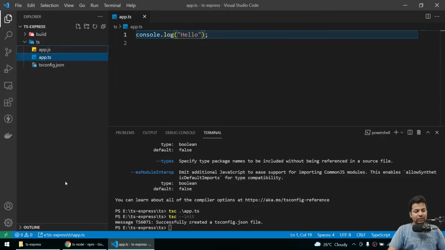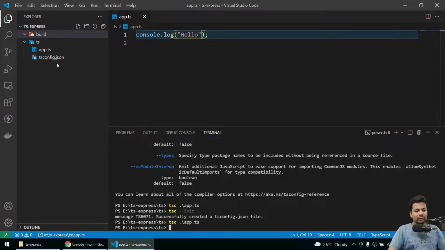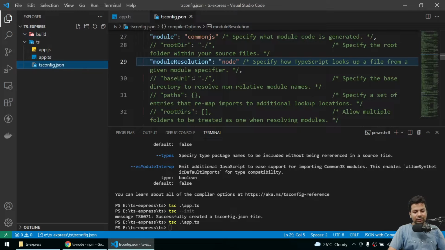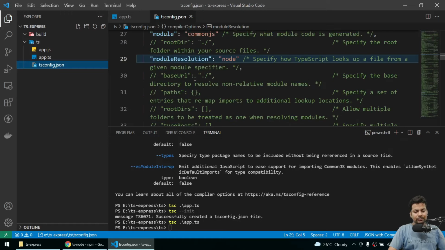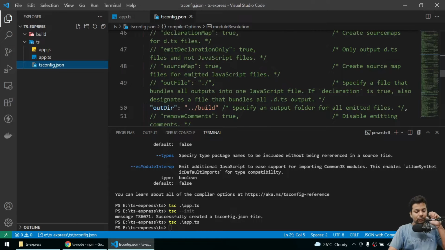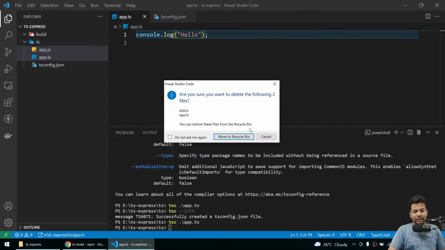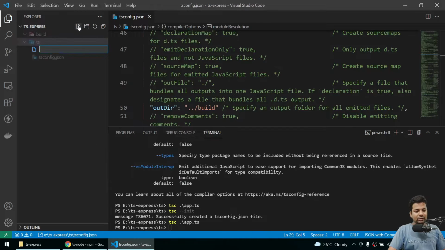Now if I delete this file app.js, build is totally empty. As soon as I compile it, we are getting it in the same folder. I think there's something messed up in the output directory, two steps back in the build. Yeah, everything looks fine to me. Maybe this file was created before, that's why. Let me create a file again, and we'll say app.ts, maybe